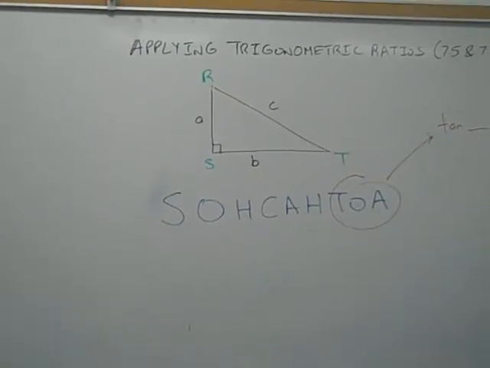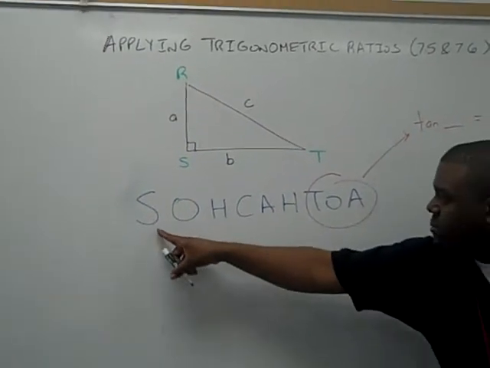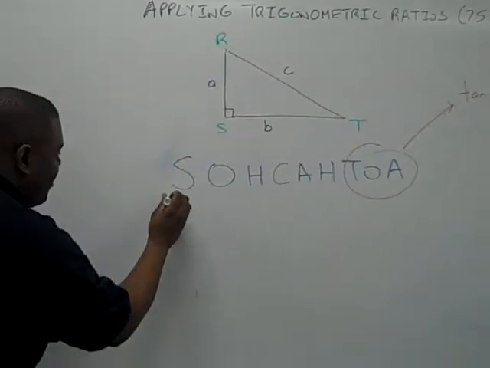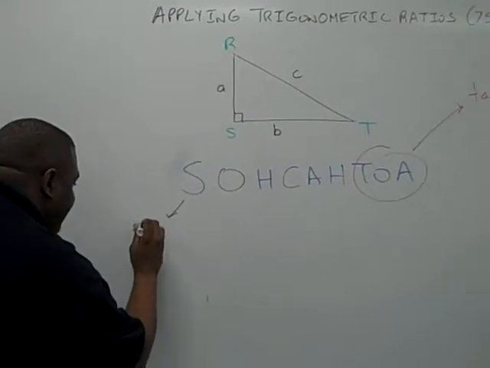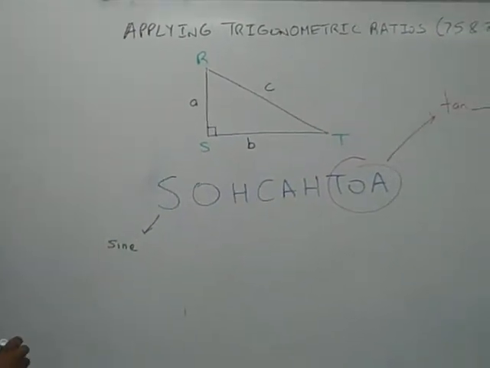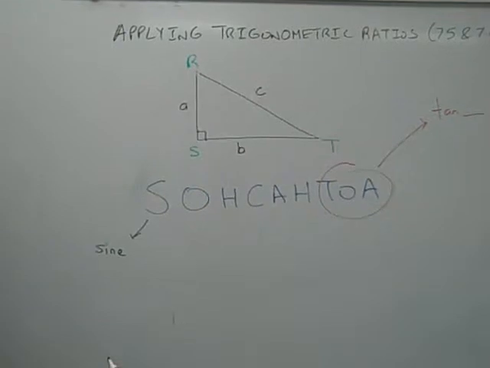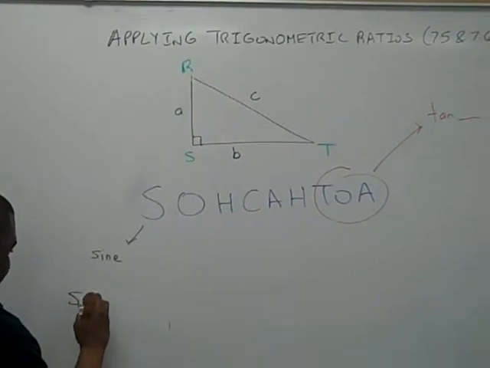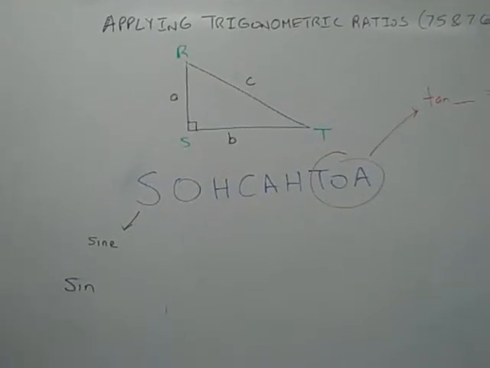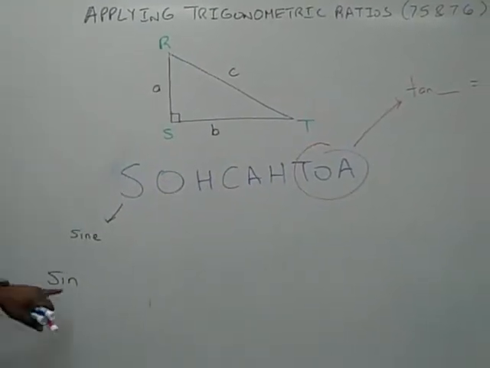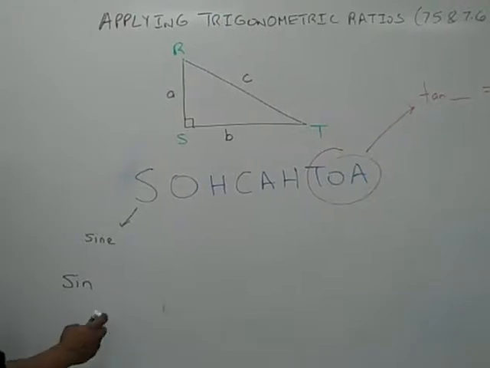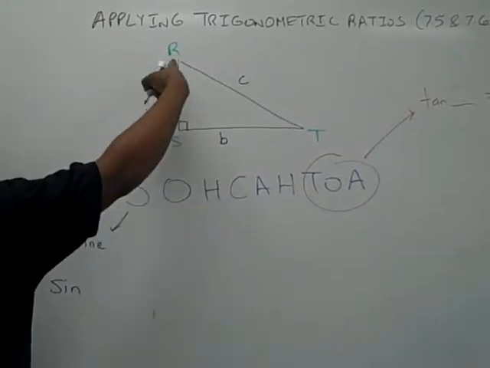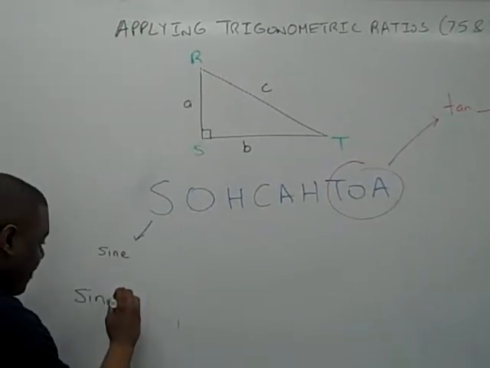Now, the SO basically, as I said before, means sine, and that's spelled S-I-N-E. But on your calculator, and for shorthand, they'll always write it as S-I-N, which you will say is sin. But that's what the shorthand is. So we'll say this, the sine of an angle. And again, we'll start with angle R. We'll say that the sine of R